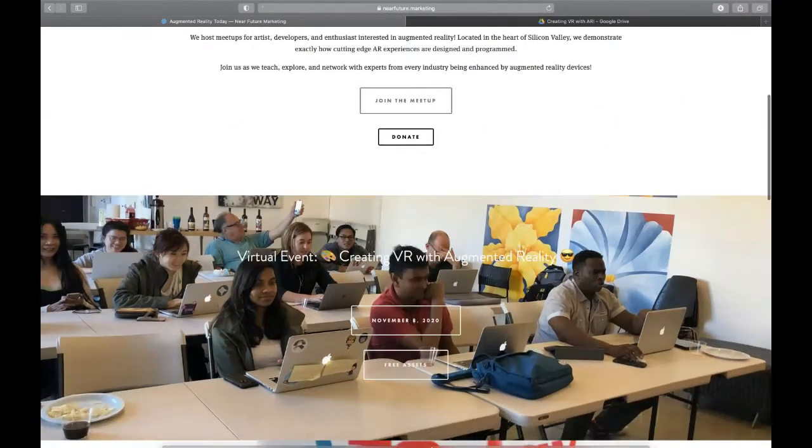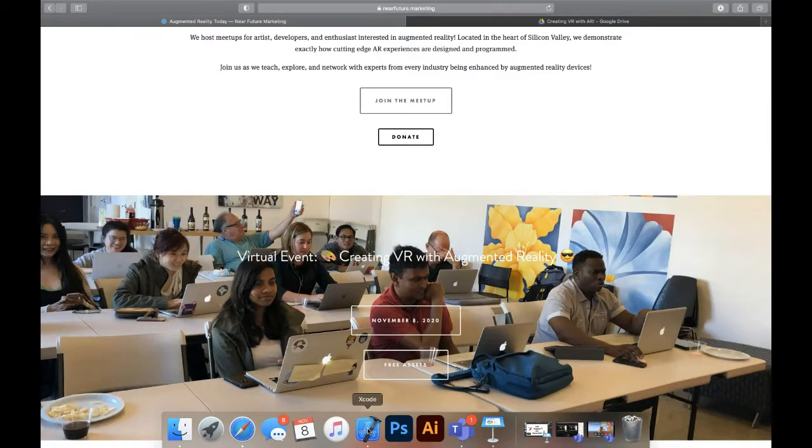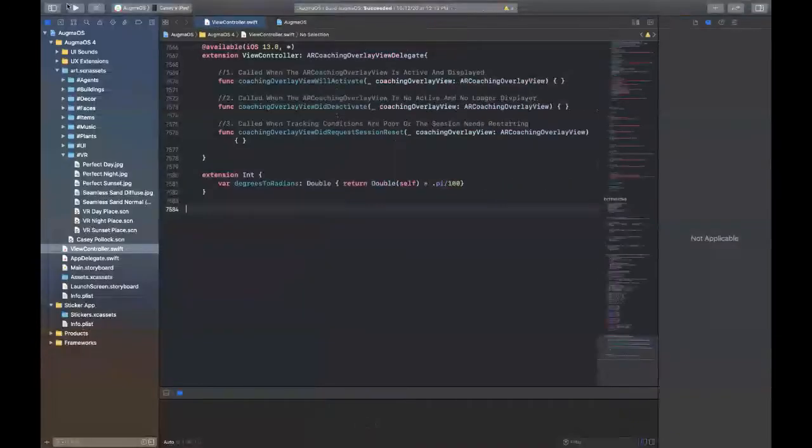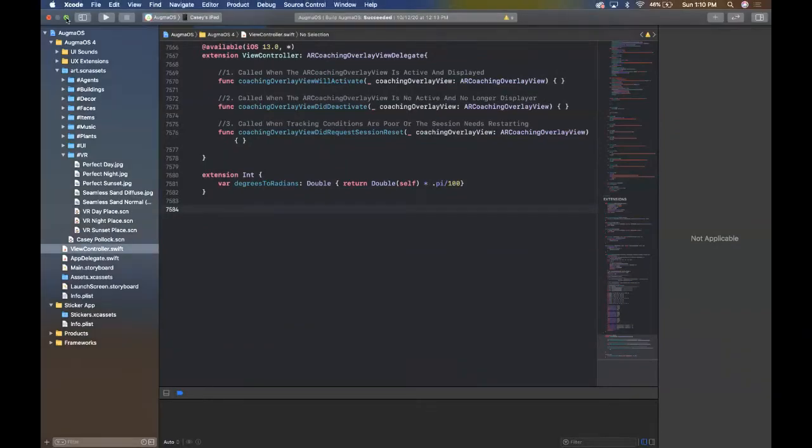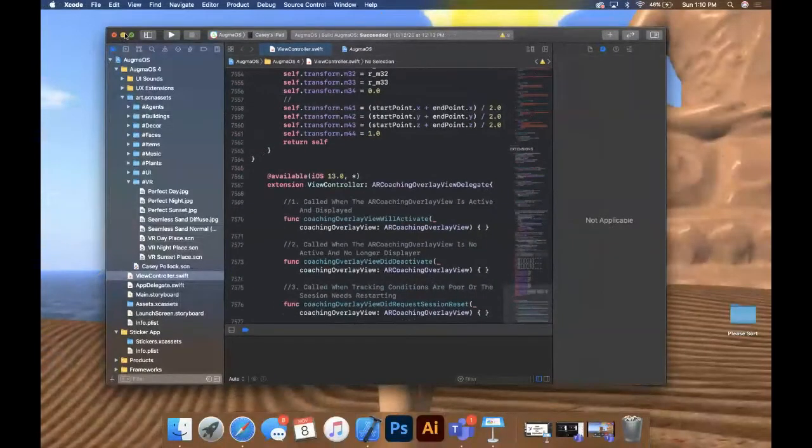So for today's project, we are going to open Xcode. And so again, if you have not used Xcode, let me just quickly cover that, because again, I do want